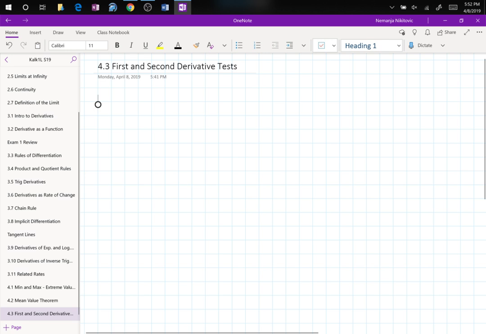Hello and welcome back to Calculus 1, section 4.3 on first and second derivative test, or whatever ridiculous title your book has. So we are going to learn about functions in terms of increasing, decreasing, concavity, and all of these